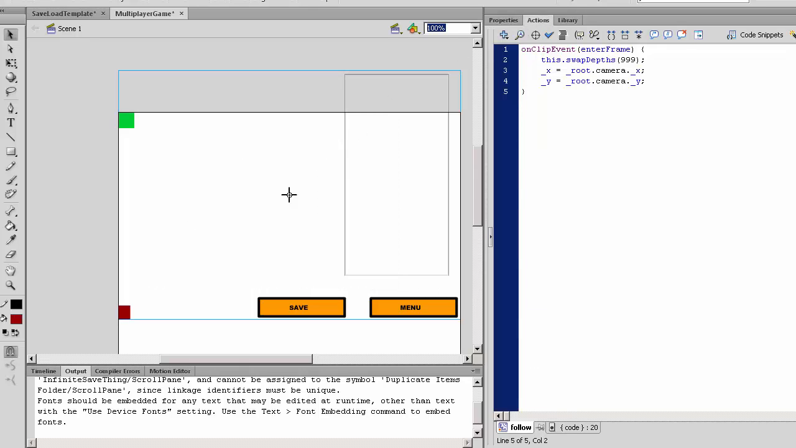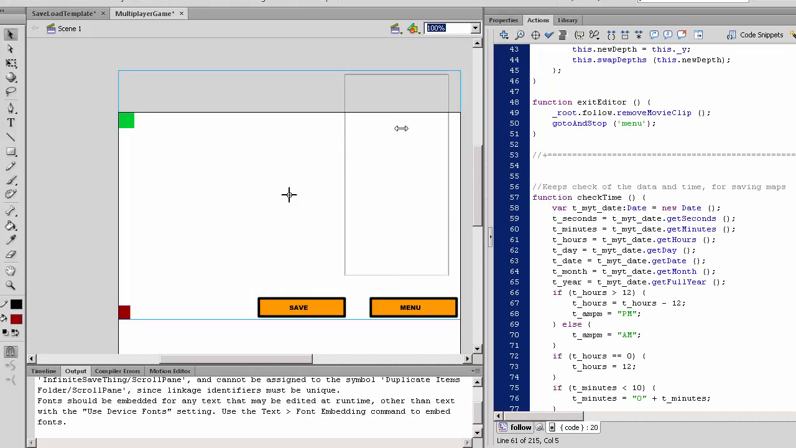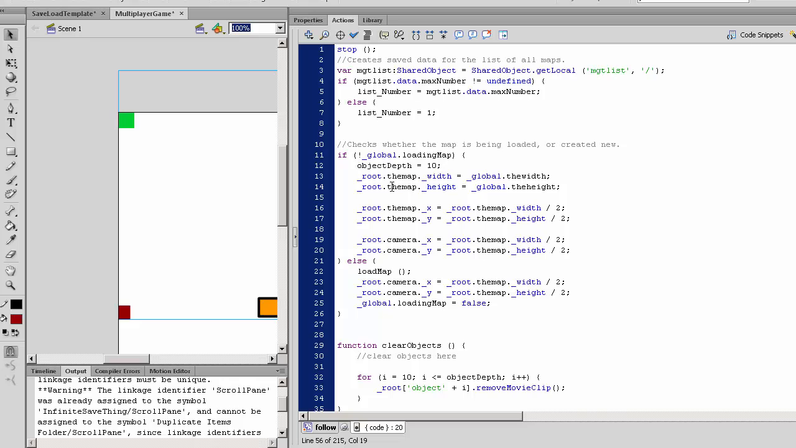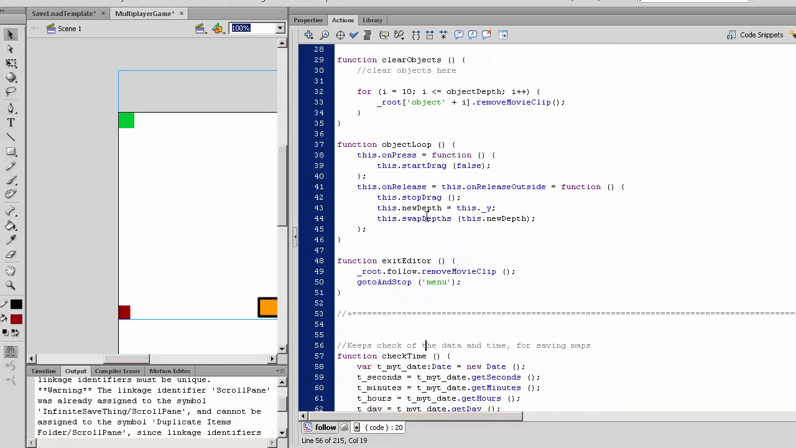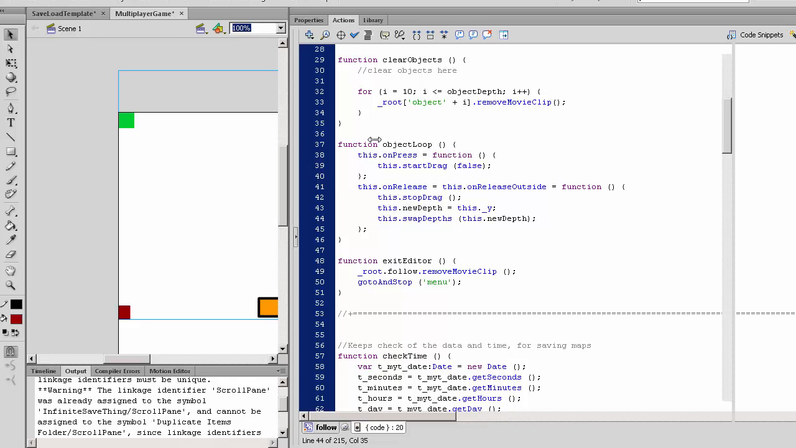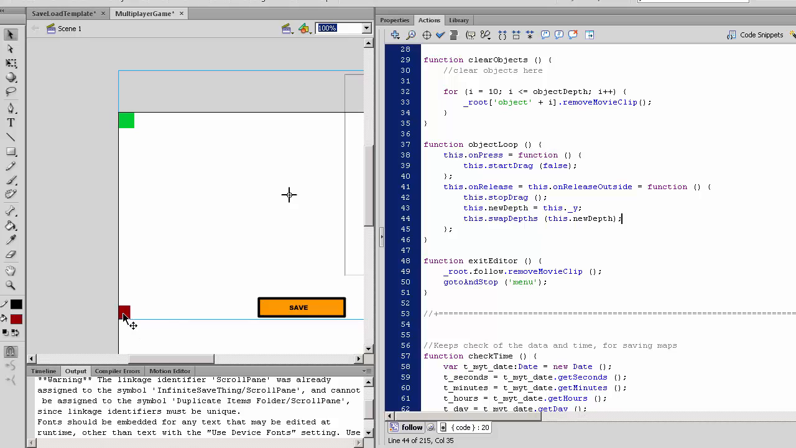And then in the code, in the object loop, after we release the object, we want the object to check if it is touching this deleter. If it is touching the deleter, then it will delete. So after we release it,